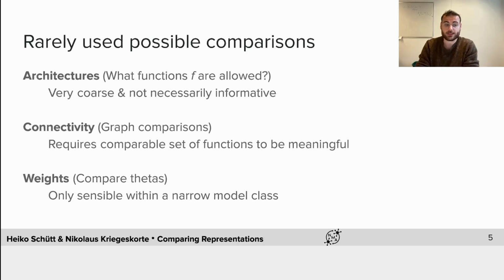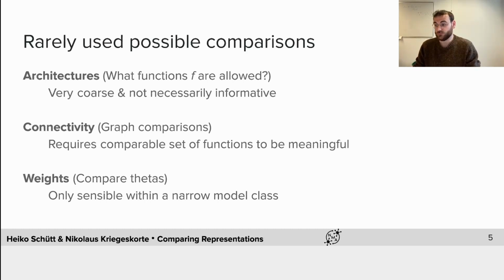And in some ways, weights is even worse. So if you want to compare the weights from one network to another, you not only need it to be the same kind of function so that the weights have any meaningful way of being compared, but also you want that the representations you come from and the representations you go to already are similar in meaning. And this restricts you to essentially identical networks in terms of architecture for your comparisons.